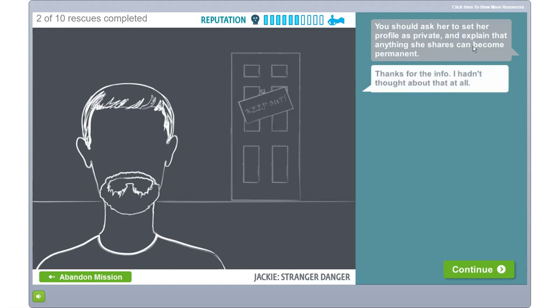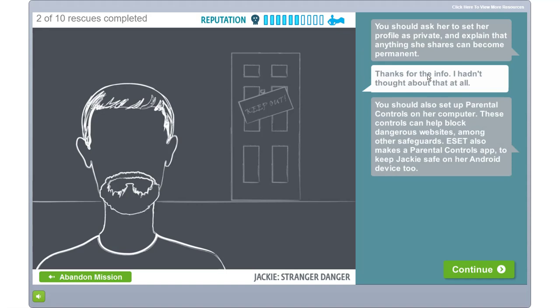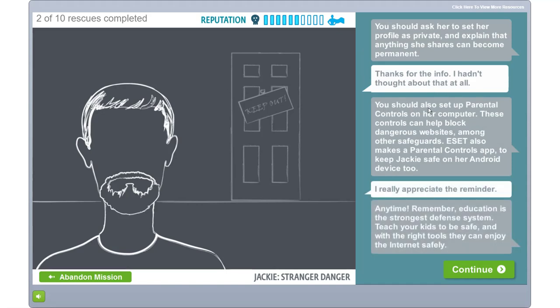And explain anything she shares can become permanent. Thanks for the info. I hadn't thought about that at all. You could also set up parental controls on her computer. These controls can help block dangerous websites, among other safeguards. ESET also makes a parental controls app to keep Jackie safe on her Android device,